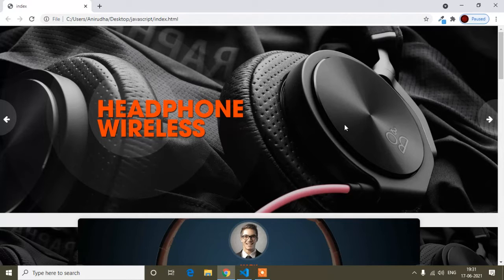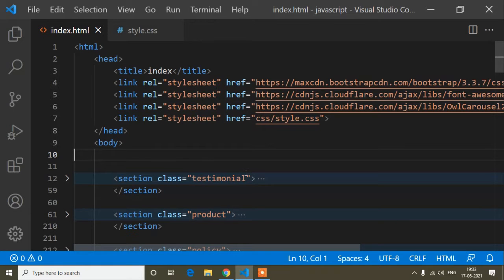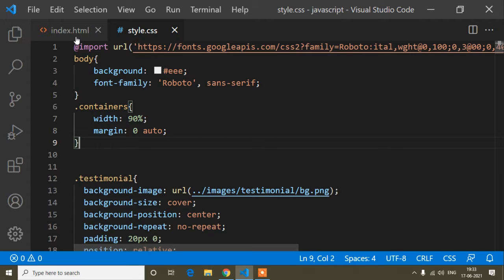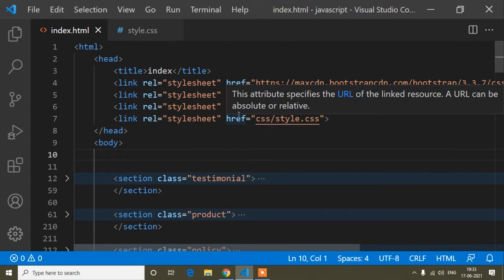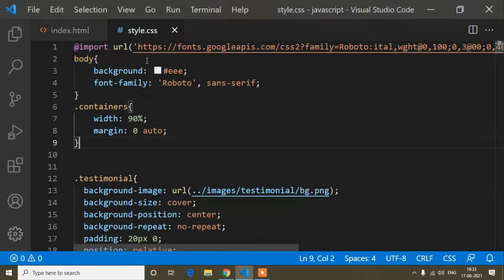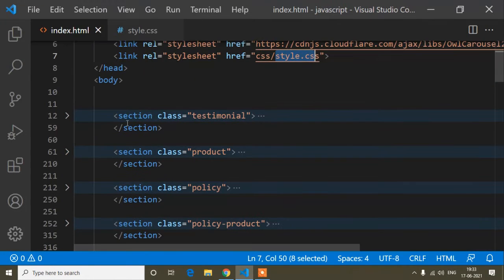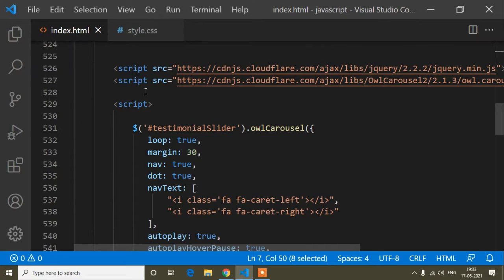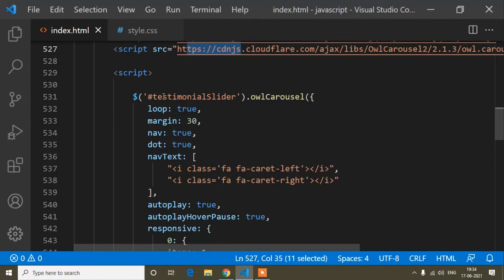Okay, so guys, now I will start my video, and first of all I will open my Visual Studio Code editor. Here you can see I have opened the index.html file and style.css. I have already written some code, and you may get confused here, so I will give you a brief idea of this code. This is the link for Bootstrap, and this is Font Awesome, and this is owl carousel and the custom CSS page link that I have added here, and the HTML code, and the script links, and these two script links and some script code.